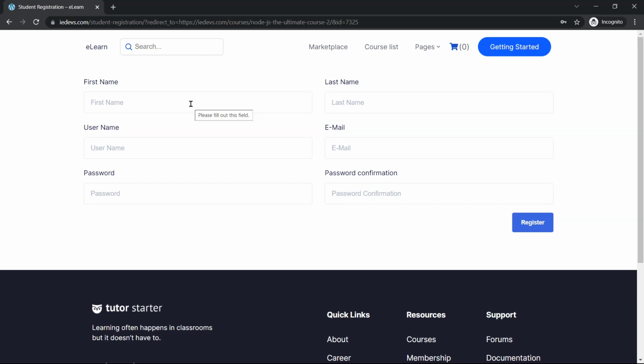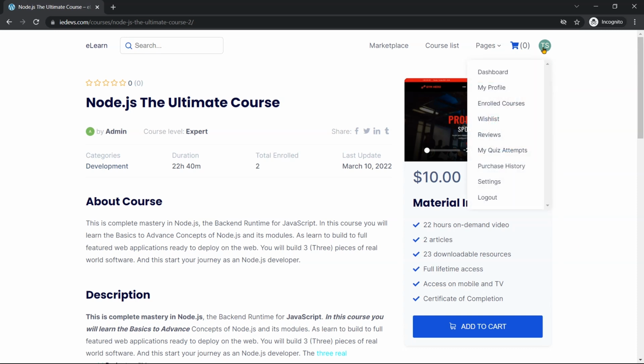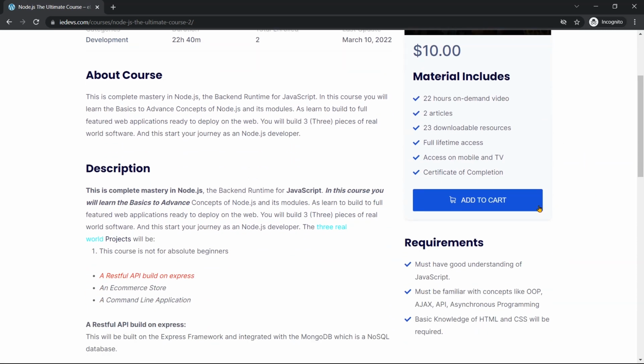I have to fill in the details below. Then click on Register. My account is successfully created. You can see this icon here. If I hover on it, I get options such as Dashboard, My Profile, Enrolled Courses. Adding this product to the cart,